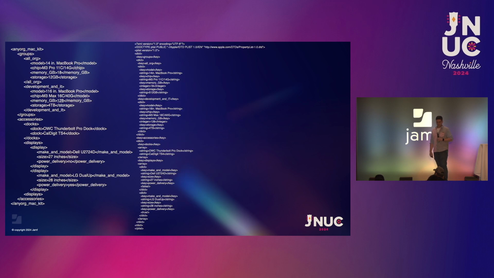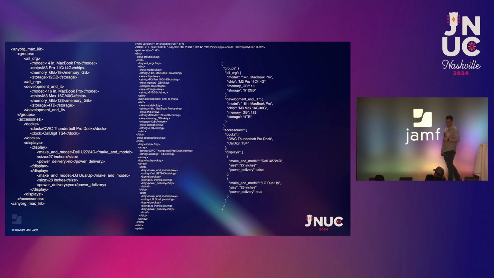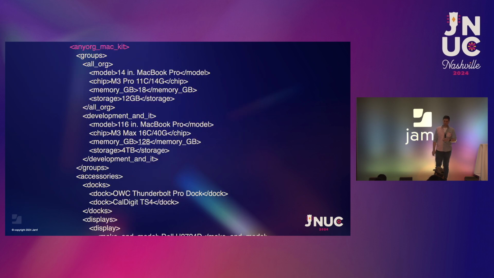So if we look at all of this in an XML or in a property list, right? That's why the binary PLIST format was created, because XML property lists get really long. Or in a JSON, right? I need to figure out how to walk my way to that data. So let's take a look at this in XML. All right, we have a root tag there up at the top, a root element, org mac kit, that just defines what is all of the data inside. What does it relate to? What is it about?